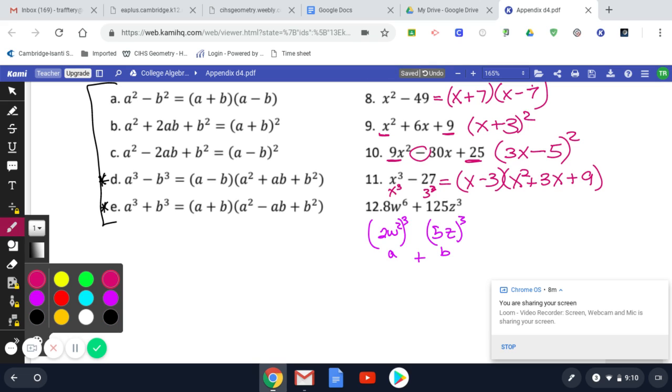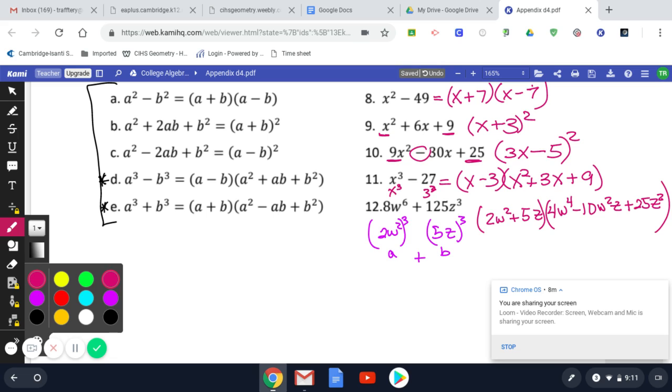So then what that allows is I would have A plus B, so 2w squared plus 5z, okay, times A squared, so that's going to be 4w to the 4th, because I'm squaring that A part, minus, multiply them together, so that gives me 10w squared z, and then the last term squared, so plus